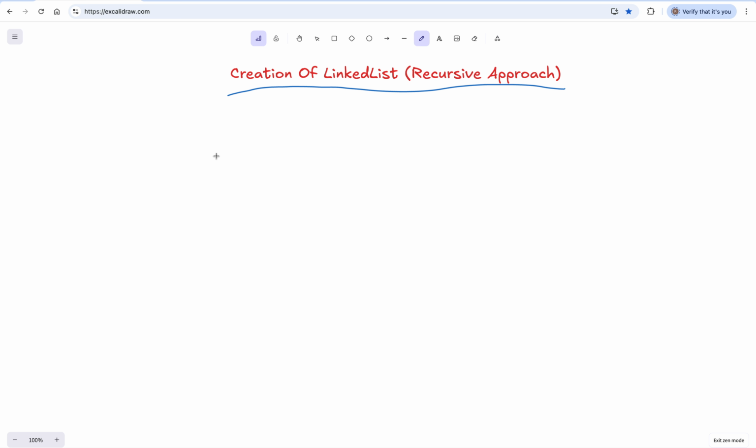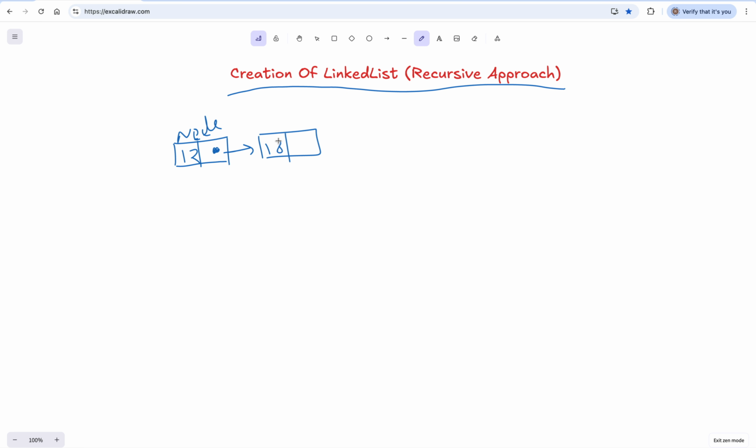in recursive approach. So as you all might be aware, a linked list is a linear data structure. Okay, and each and every element in the linked list, let's say this one, will be known as a node, and the next of the node will be pointing to the next node actually.